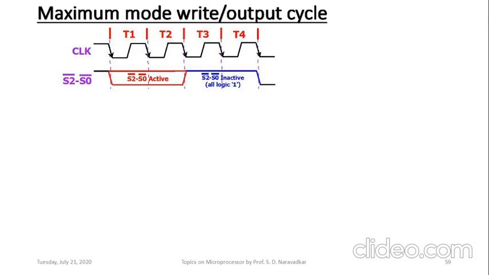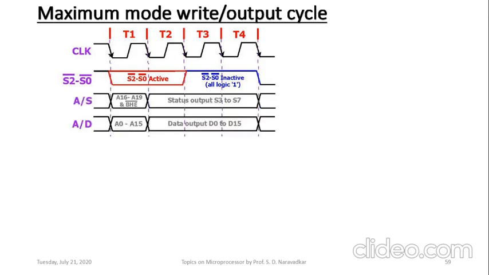Then next will be the address data multiplexed bus. Address A0 to A15 will be output, and data is also output, that's why there will not be any high impedance state in between, which was apparent in case of the read cycle. So data will be immediately output here, D0 to D15. Then next will be the ALE signal, address latch enable, which is in the form of a pulse. Next will be the normal write signals.